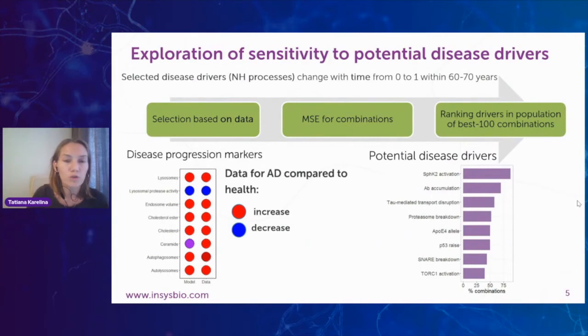This model has also been used to find an optimal model of disease drivers, a disease progression model. Among the different types of cell processes, we have selected potential disease drivers, which could, independently of A-beta or tau, change with time during the time interval between 60 and 70 years. We have selected them mostly based on the data about their very early appearance at the very early Alzheimer's disease stages, or we have chosen among potential genetic risk factors such as ApoE4.